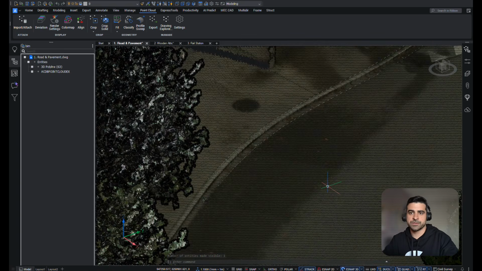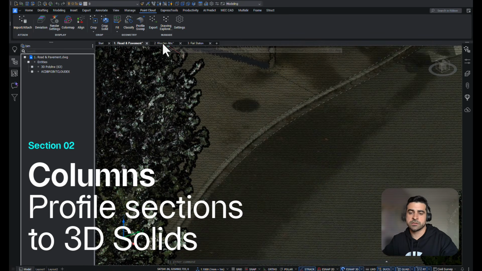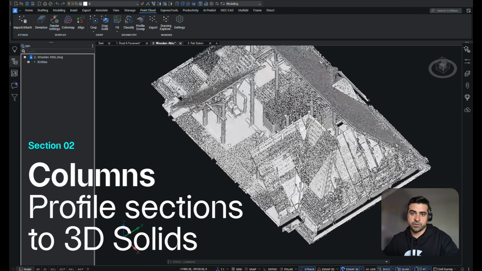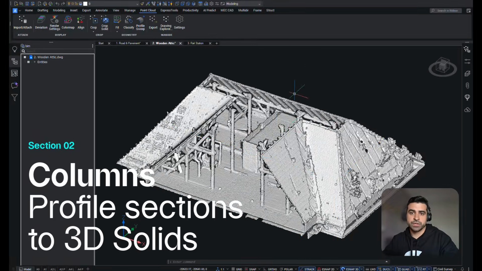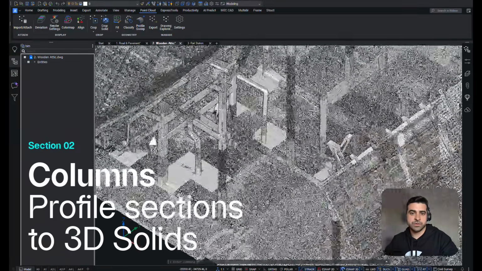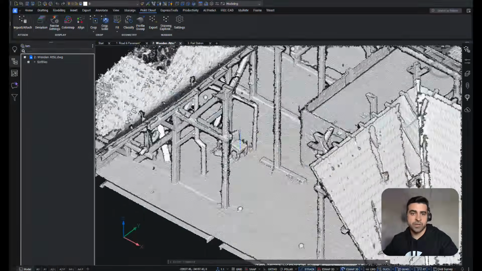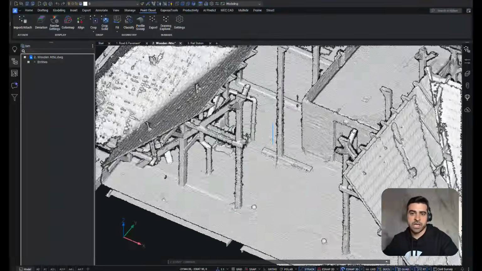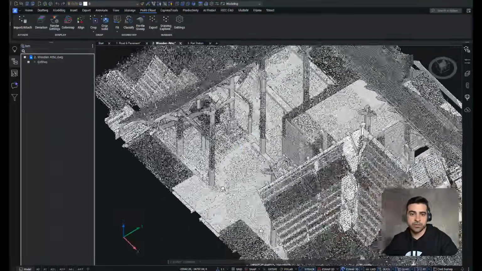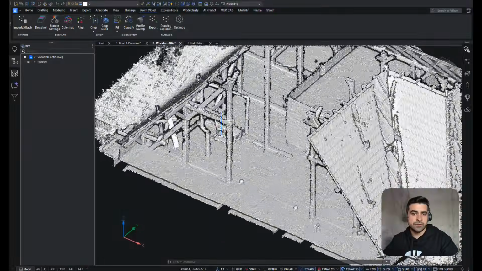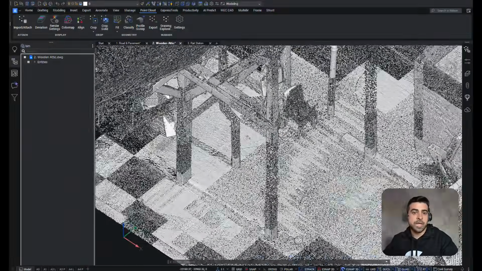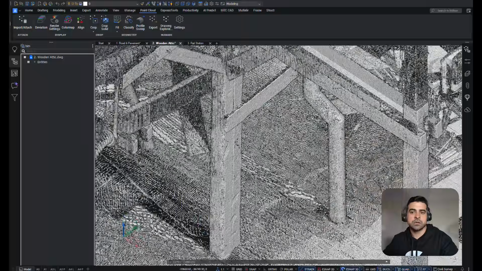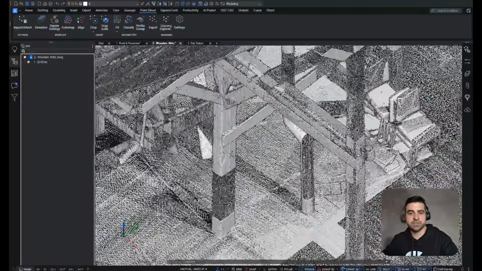Now, what happens in architecture and capture of an existing building or existing profiles? In this particular case, we have a wooden attic. We used Leica scanners to capture this floor, and we can clearly see an abundance of profiles.